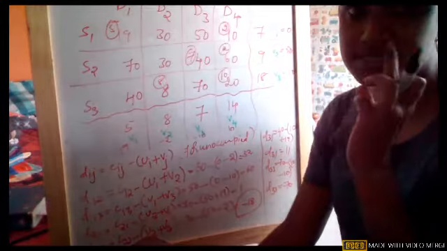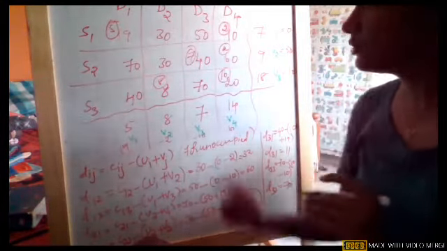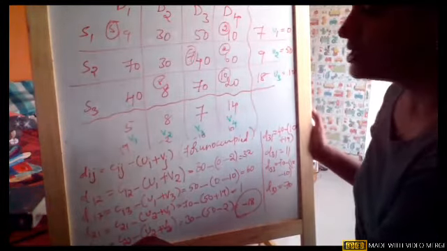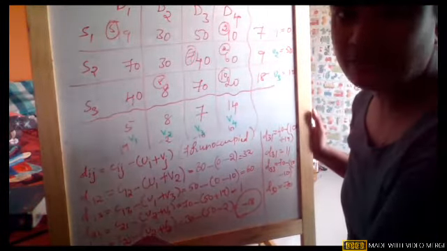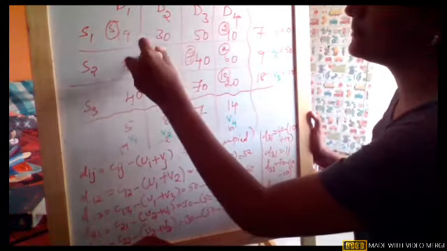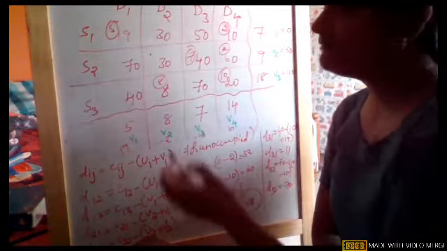Okay, I need to construct a loop, girls. Pay attention. Look at the video. I cannot say look onto the board. Look at the video. So D22 is the cell where I got the negative value. So I'll just go to D22. This is the cell where I just kept a spot.